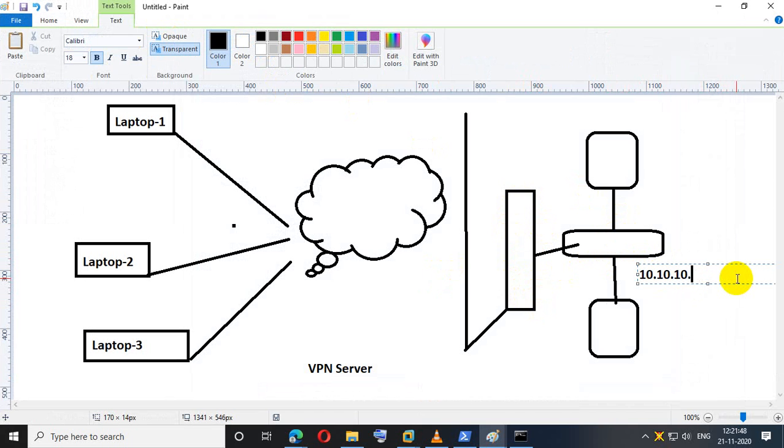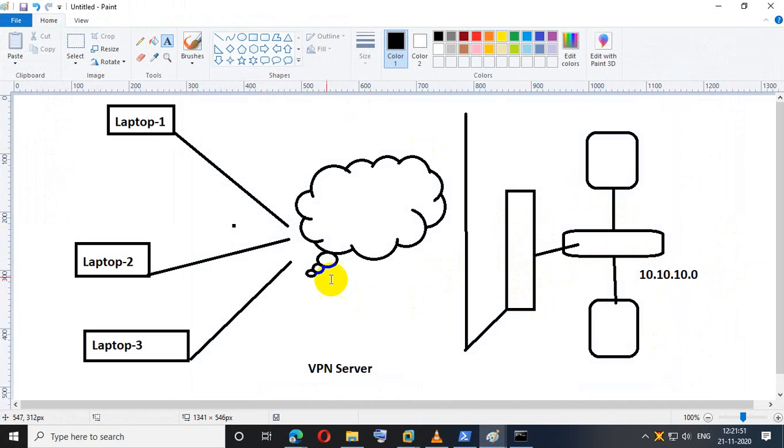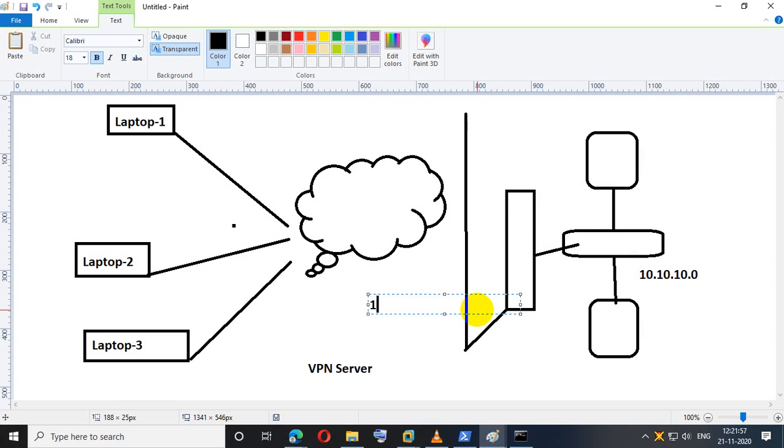That is the network, and this segment IP address is a WAN, let's say something else, maybe 192.168, whatever the WAN address is, no problem.